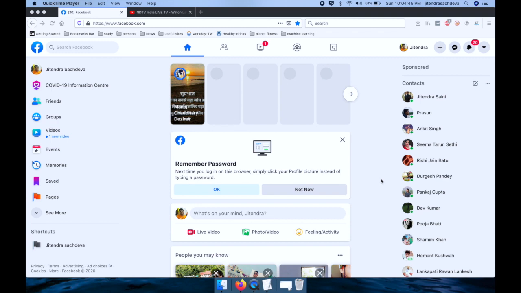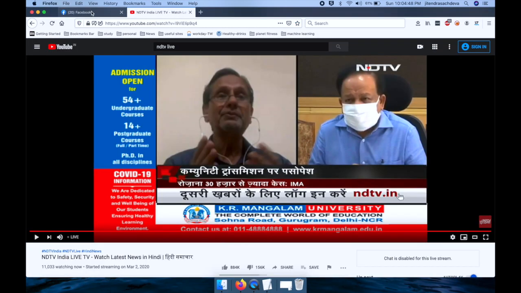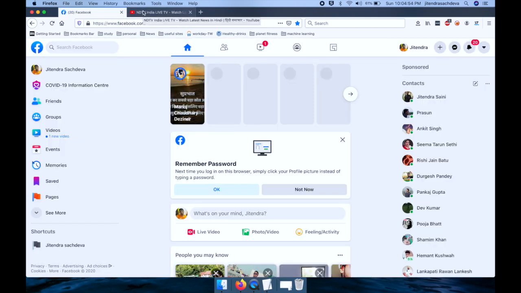But in that case you have to switch between tabs, because both things cannot be done in parallel. One is to watch a video, the other is to read something online. So you can still do that on your Mac by using the split screen feature. So how can you do that?